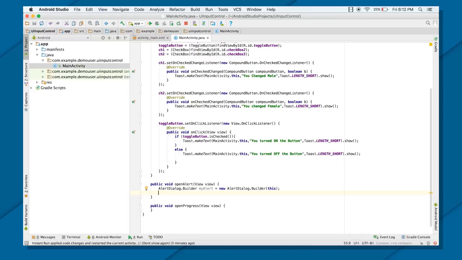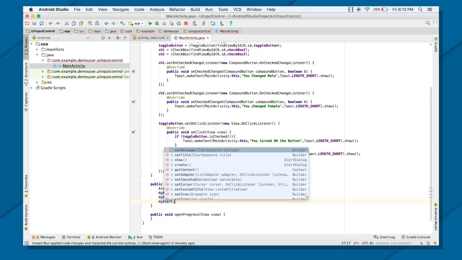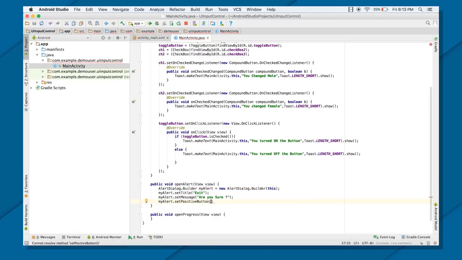So I will do what? My alert dot setTitle, we call it, let's say, exit, and my alert dot setMessage as are you sure. Next is buttons. When we talk about alert dialog, we can set three types of button: button positive, button negative, and button neutral. So here we are going to set two buttons, that is setPositiveButton, and